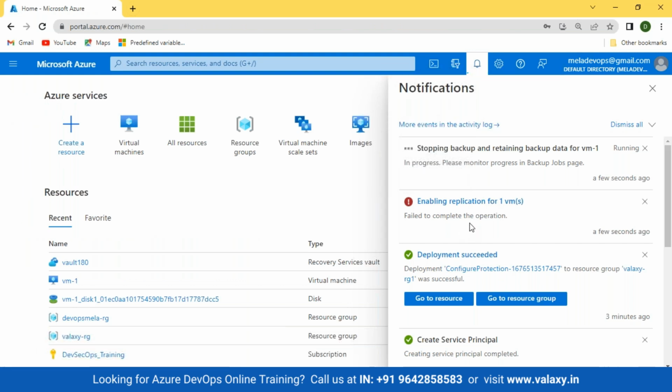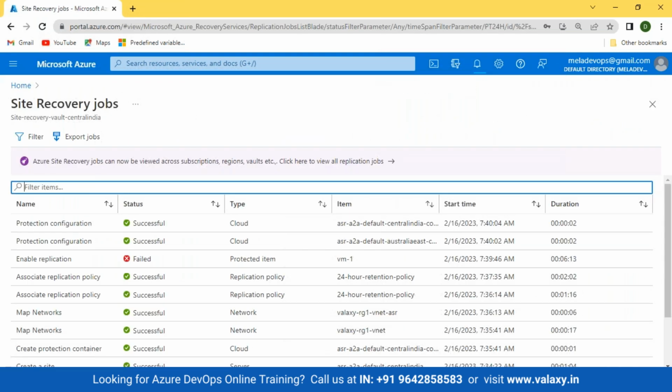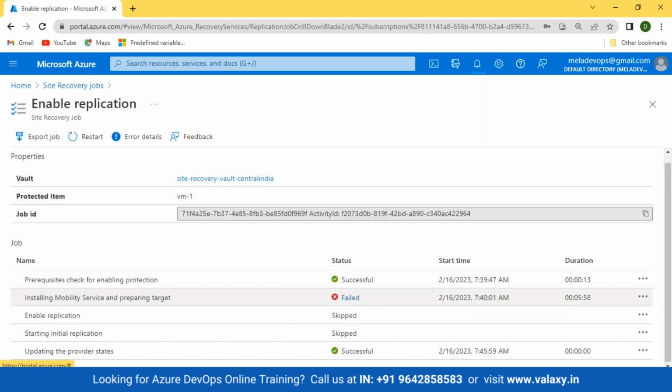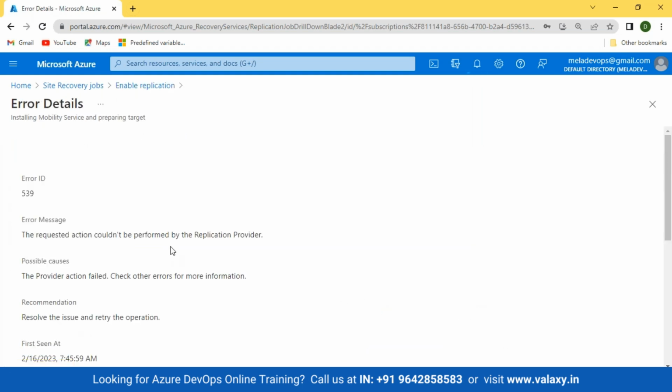So this is your activity logs. You can simply click on these logs, come to the section on what has failed, and click over there. Now again, if you want more details, you can click on this failed section, and this